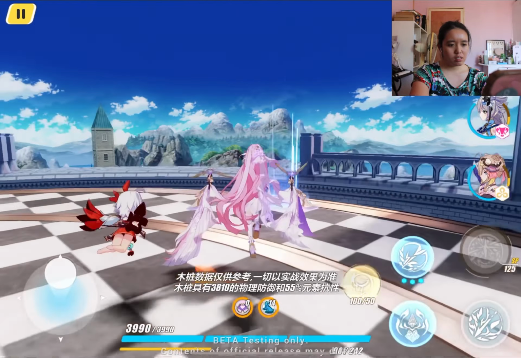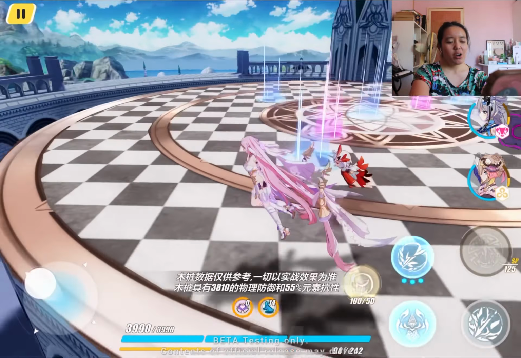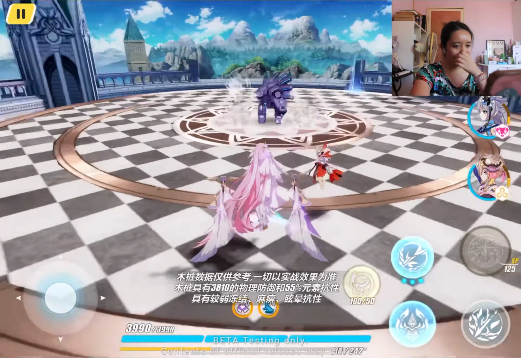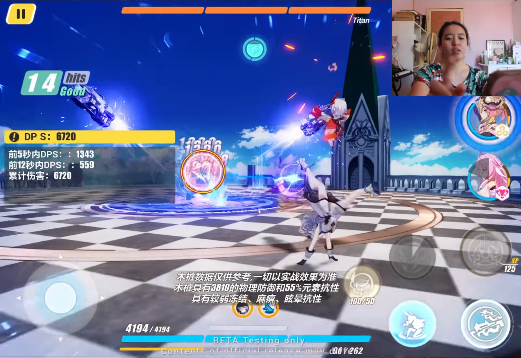Okay, there's no enemy. Where are the mech enemies? Come on, Elysia is psychic. Okay, finally I'm back. Okay, so again,